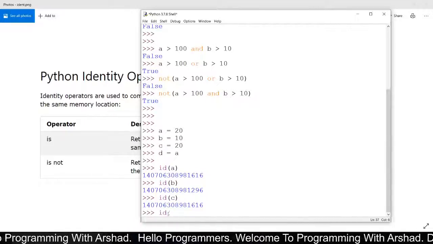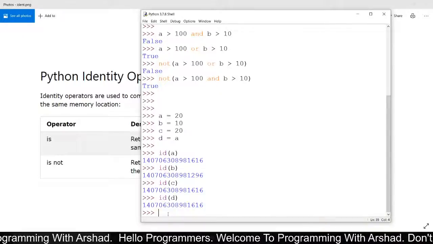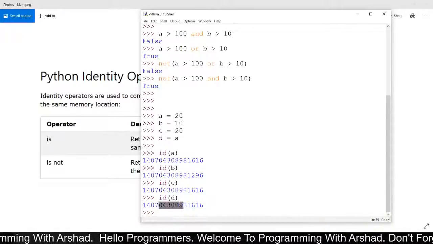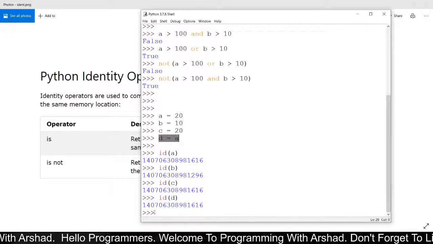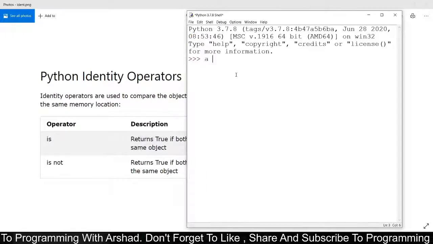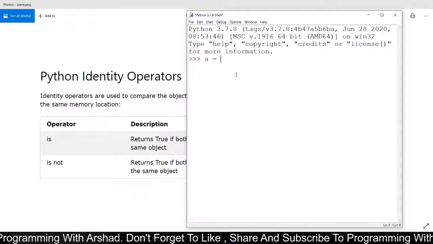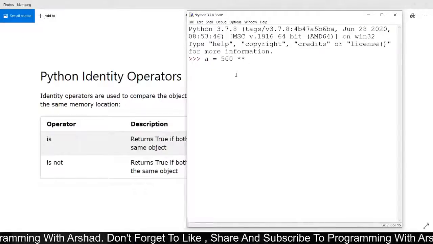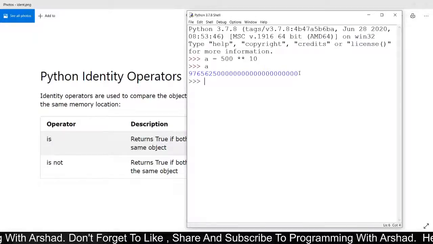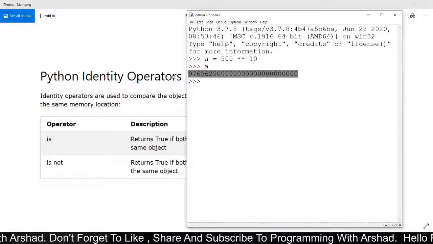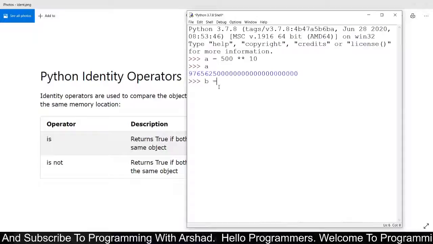Now we will see for d. You can see here for d also the memory location is same, because the value of d is nothing but a in our case. Now here I am declaring a variable named a, and I am assigning a value of 500 power 10 to this variable. Now if I print a, this is the value of a actually, which is 500 power 10.